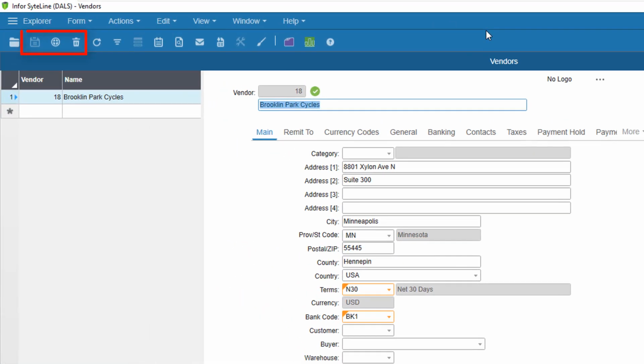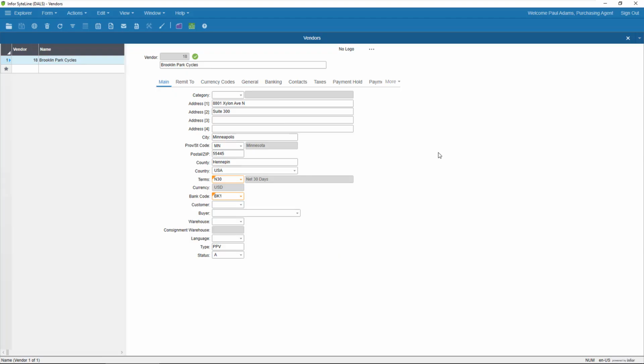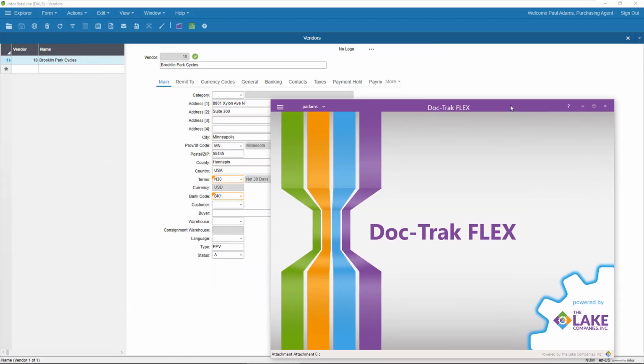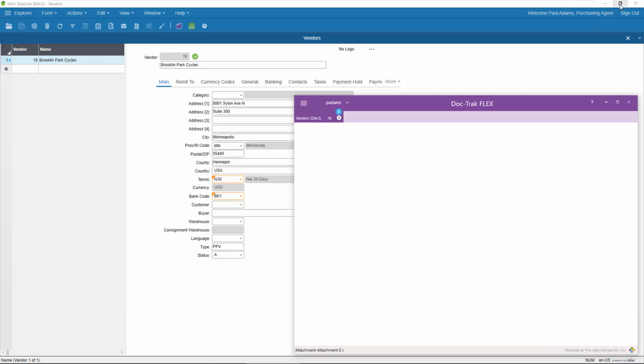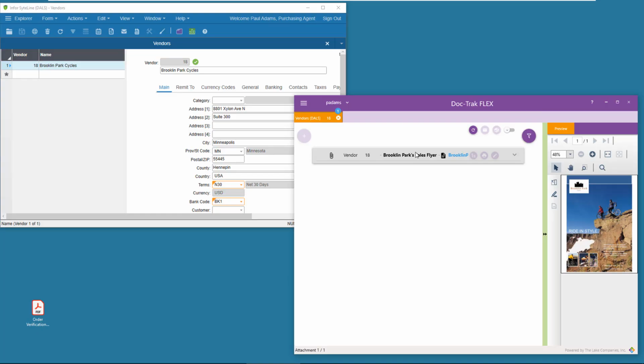You can see here that Paul has full permissions in Sightline for adding, editing, and deleting records in this form. Next, I'll open DocTrack Flex. I can see an existing manual attachment that the DocTrack manager made here, and I can open it with no problem.